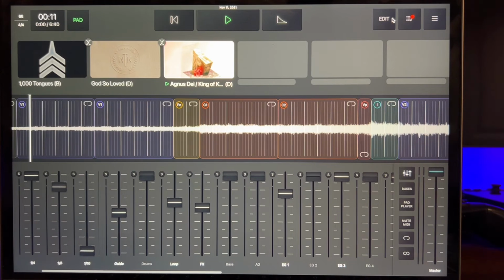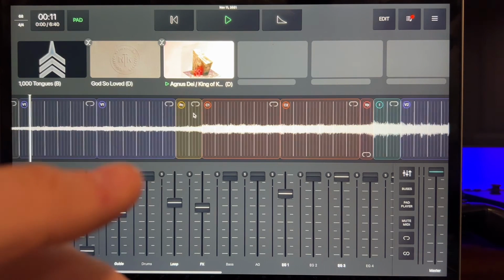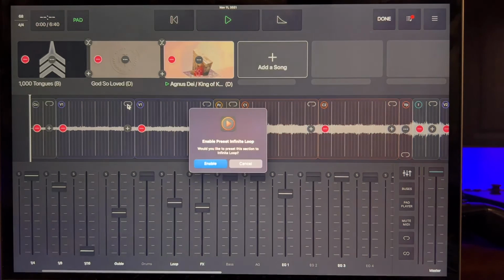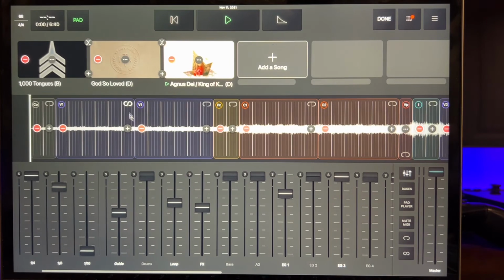Let me show you in this case where we would. So the first way is if we want to infinite loop that section like I just showed you, hit the infinity button. A really nice thing to do for the person who's running the track so that they don't have to manually press that button is we can hit the edit button and then hit this little loop icon here for that section that we wanted to loop, and it will ask us, do you want to preset this section to infinite loop? We'll say yes. Now we have that infinity there, and if we save this arrangement,